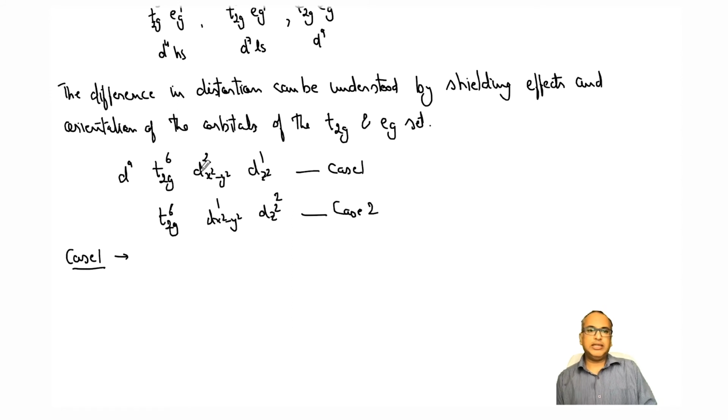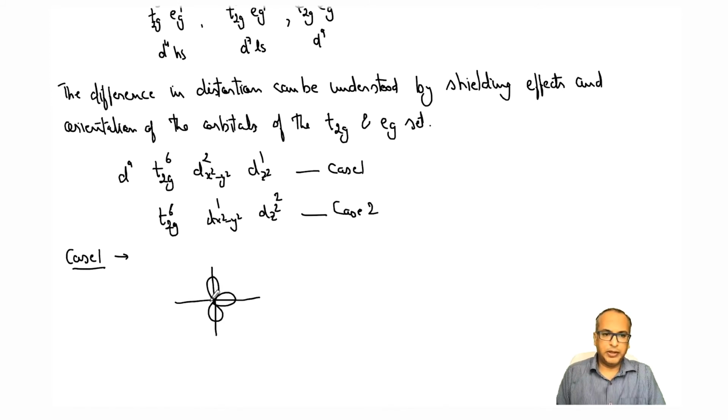So if you carefully see that the electrons are filled, there are more electrons in dx square minus y square as compared to dz square. So if I want to draw the picture, let's say this is my dx square minus y square, with x, y, minus x, minus y. These are positives, these are negatives, right? Now my ligands are approaching